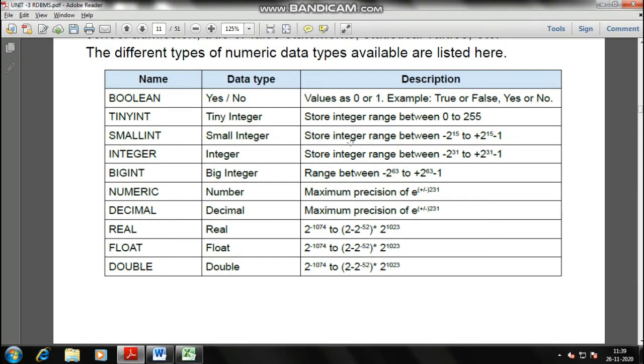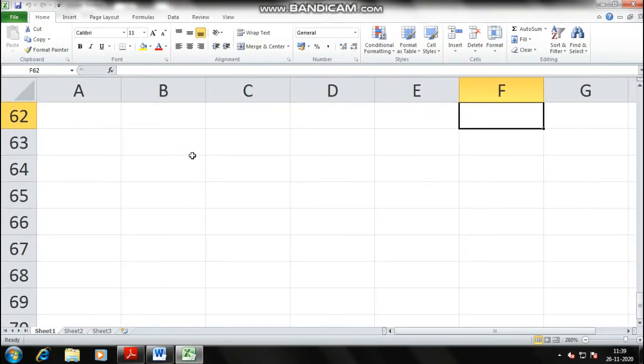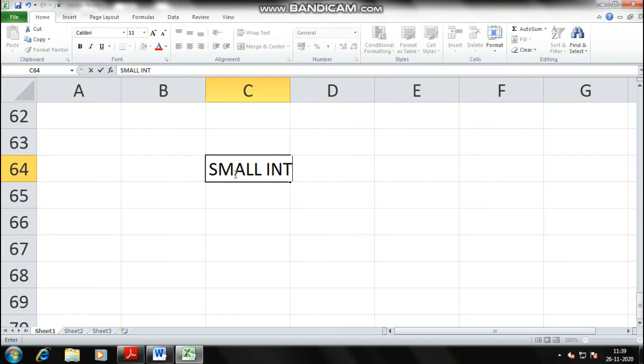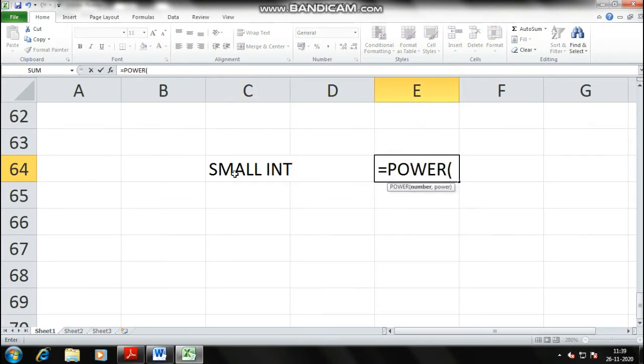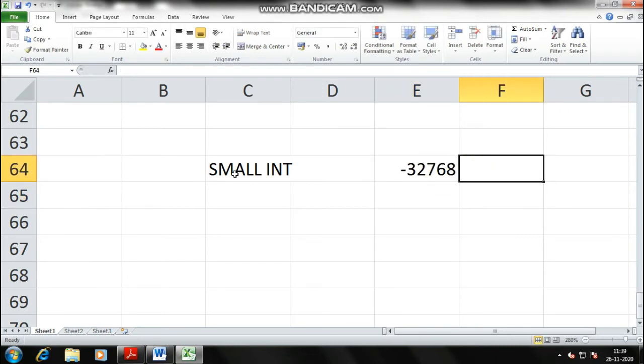Small integer basically stores range between minus 2 raised to power 15 to plus 2 raised to power 15 minus 1. So I'll show you this. There is a formula basically, we'll find out in exponential form. So this is minus 2 raised to power 15 to 2 raised to power 15 minus 1.